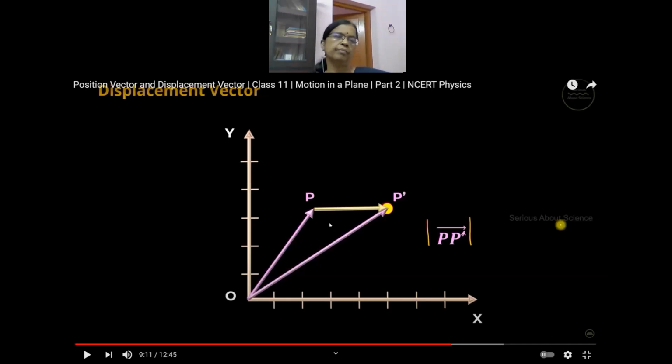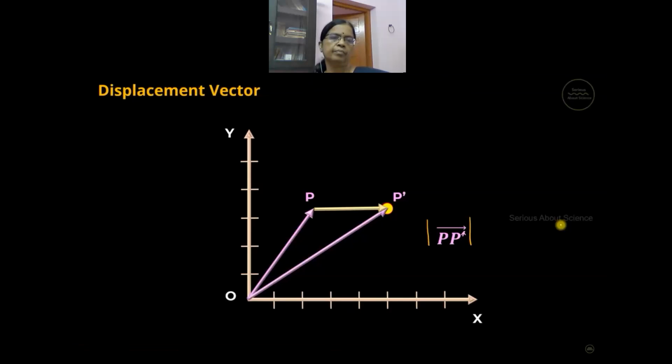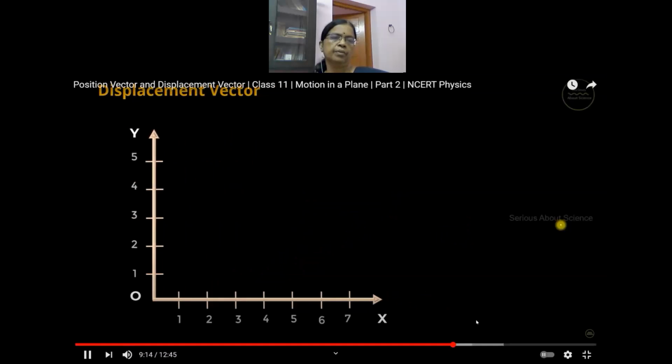And you can see the example here, an example for this case. So at time t, the position of a particle is here and it is given by (2, 3). If I join a vector from the origin to this point, we'll get the position vector, that is OP. Okay, children, vector OP equal to, how will you represent this?